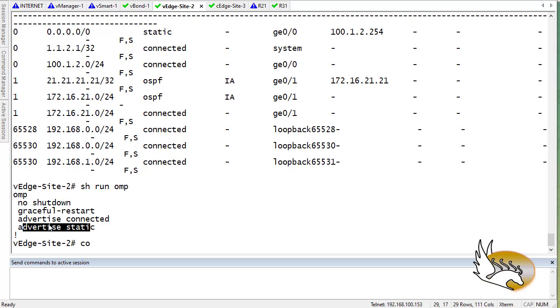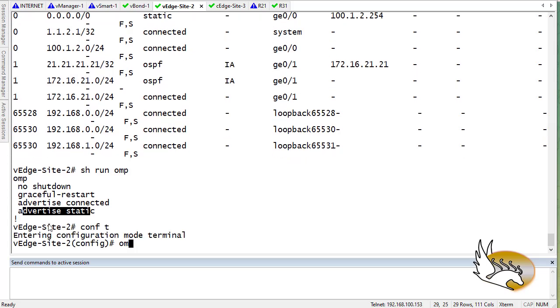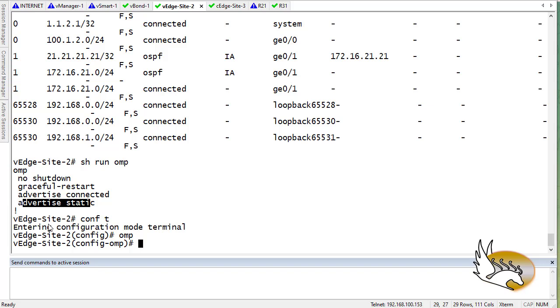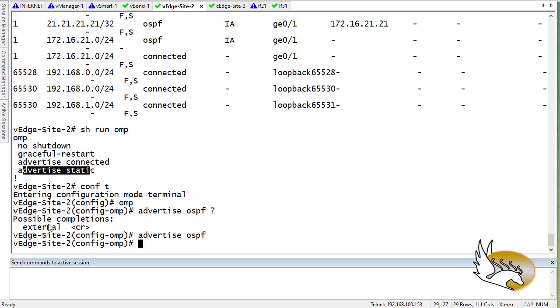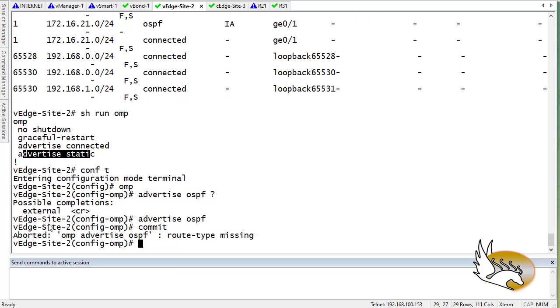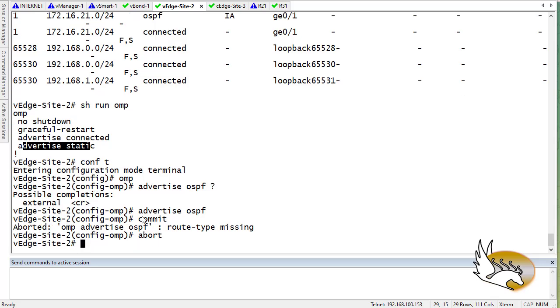This is done before, so I'm going to go here and say OMP, and under OMP all I need to do is advertise OSPF. You can see that I can just say advertise OSPF and also advertise OSPF external in case I have some external routes in this. But let's say that is okay. And here it says that you need to go with advertise OSPF because the default is OSPF just receives the routes here. So just to make sure that this is correct, and I do not really need to go with advertise